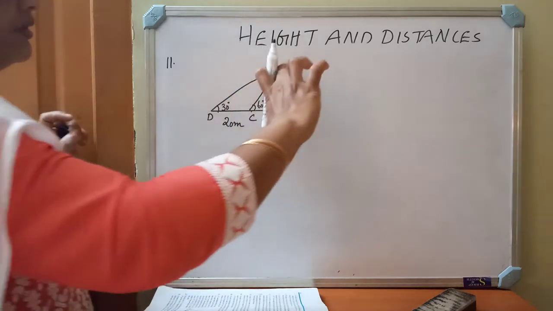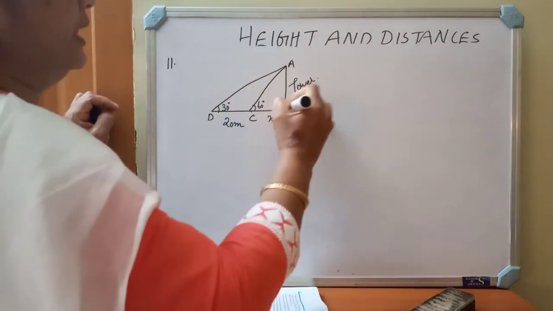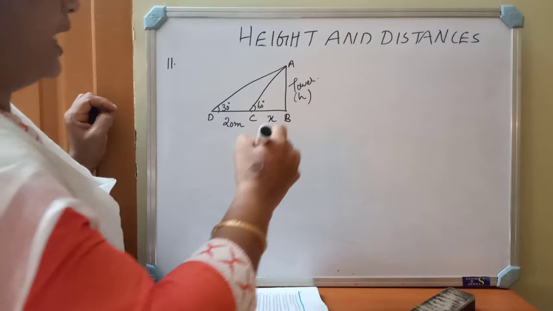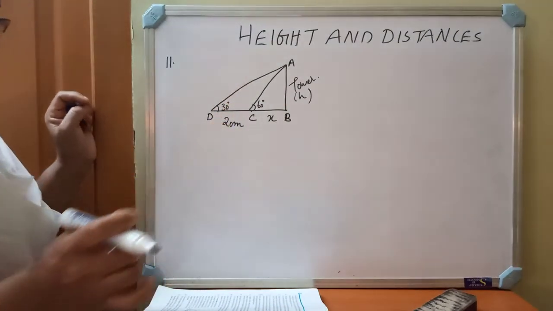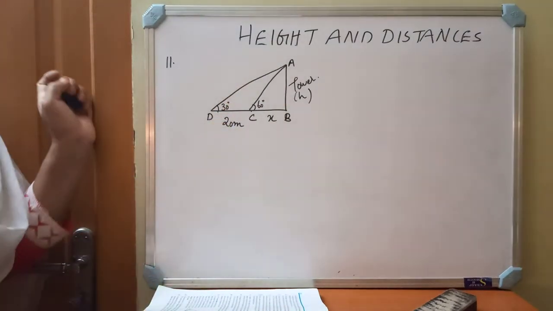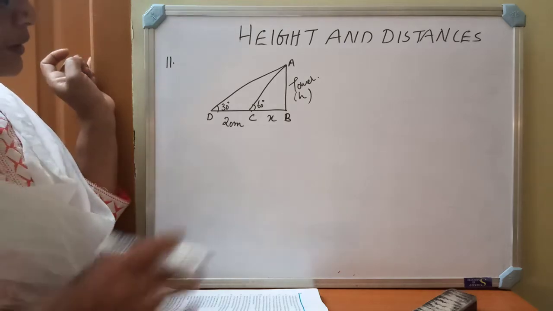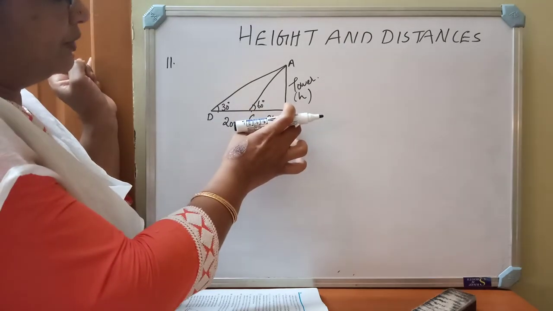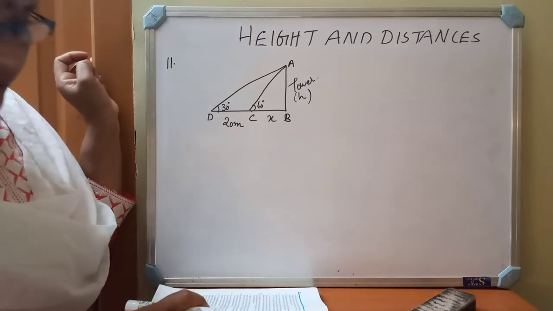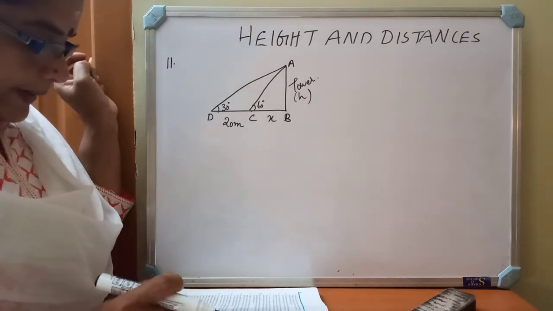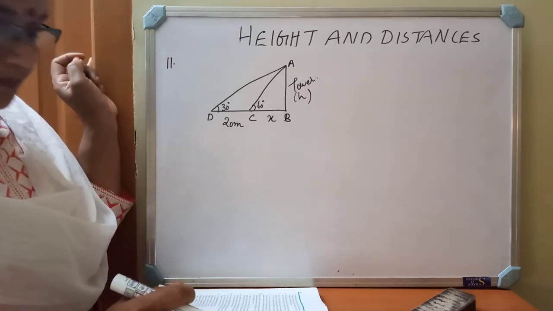So height of the tower I am representing by AB, this is H, and width of the canal as BD. Okay, so width of the canal is BC, that X value we have to find out. Okay, so see this diagram and write,